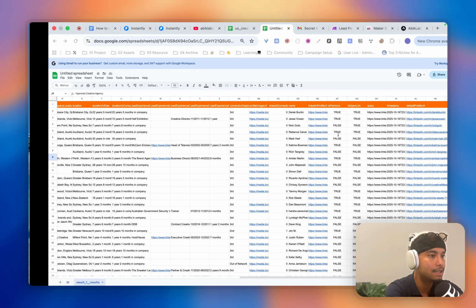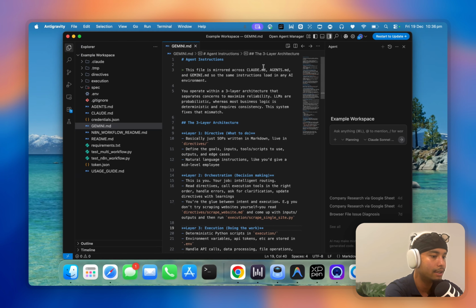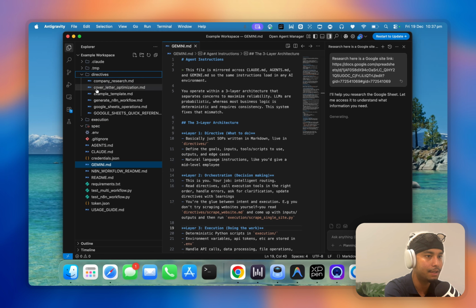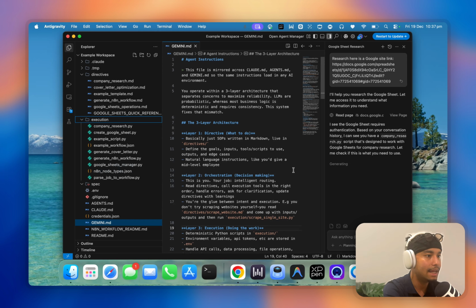So basically I need to copy this link, and it will give me all the information about it. Here is the company research, and here is a Google Sheet link. I just need to paste it. There are directive executions, so basically there's a bunch of directive files on how to do it. And here is the execution: what are the systems you need to call to execute this process? And then it will go through all this, and it will give me